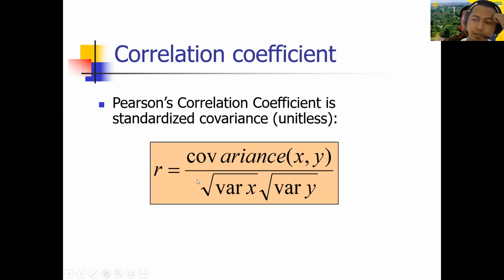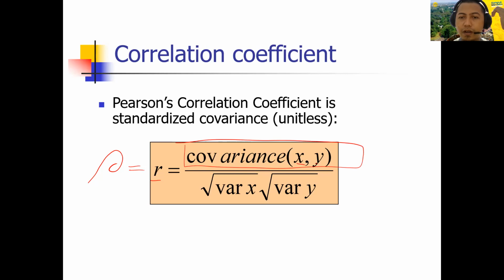yesterday's formula, actually, this is the correlation coefficient. In some references they use rho. This is the correlation coefficient, and the r is also the correlation coefficient. And the formula is similar, meaning that the numerator is the covariance between x and y, and the denominator is the square root of each component. It means the square root of the variance of x, and the square root of the variance of y.